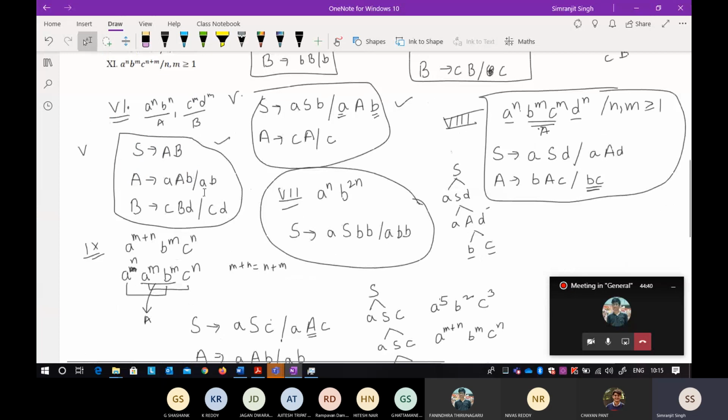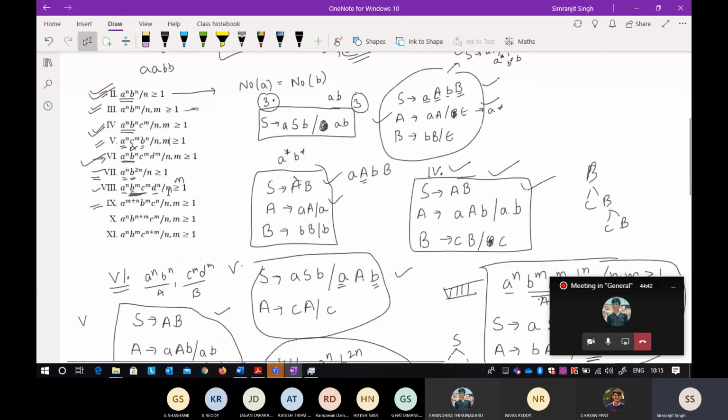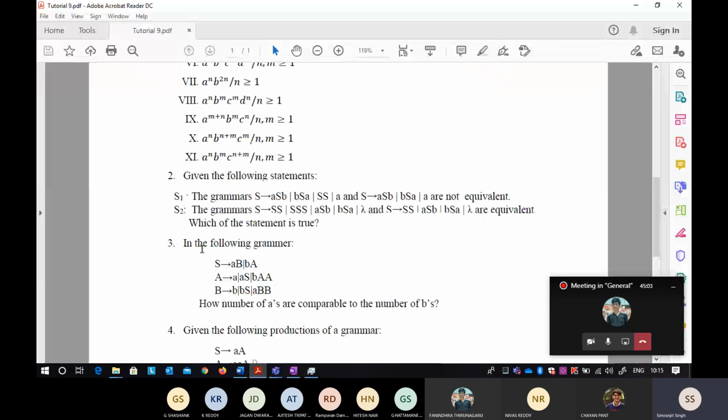So for all of the questions for this grammar, I think you have understood how to make a grammar. Mainly why I am following this approach is that you understand exactly how to form a grammar, as well as how to derive particular strings for the grammar, to understand what exactly a language is. Okay. So now see the next question, you will understand a little bit better.